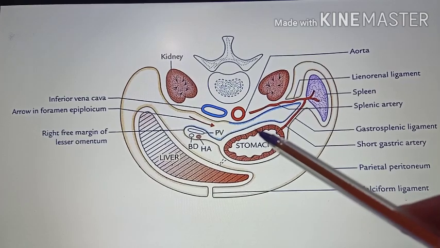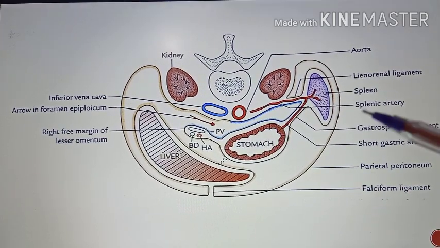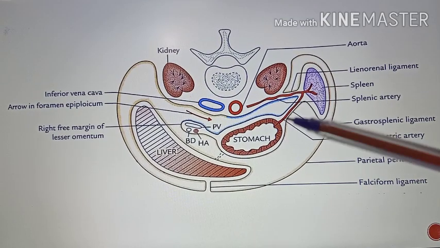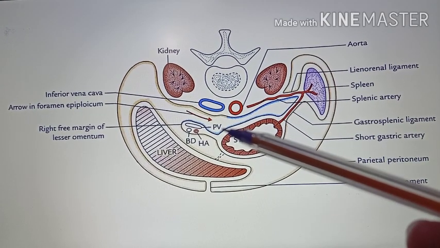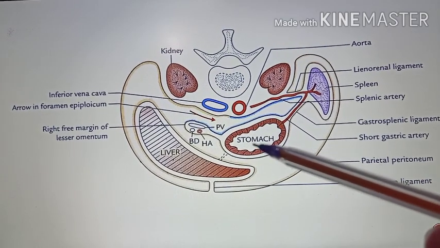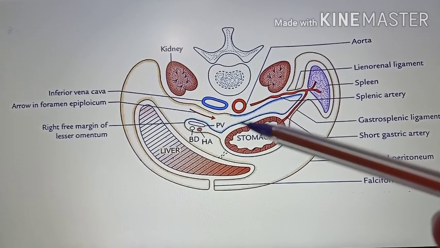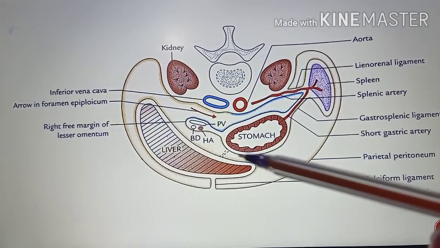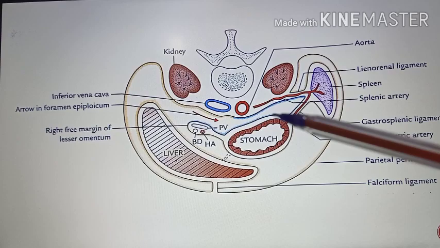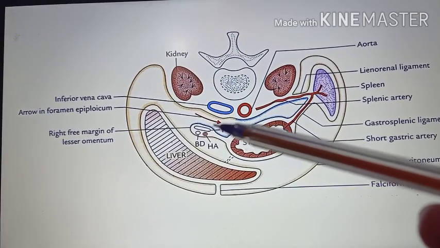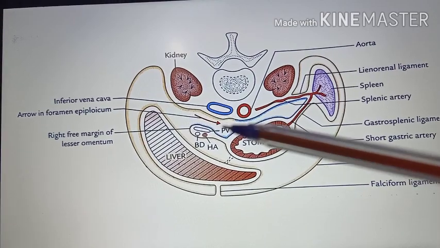In this third recess, that is the left posterior intraperitoneal recess, it is a diverticulum of the peritoneal cavity behind the stomach. It communicates with the greater sac. So this entire thing is the greater sac, and this is the lesser sac. It communicates with the greater sac through this foramen, called the epiploic foramen.